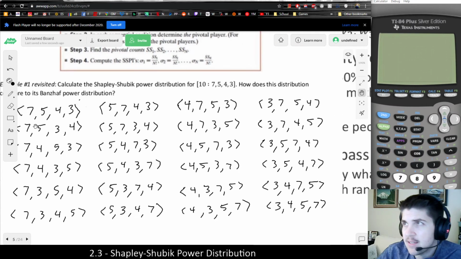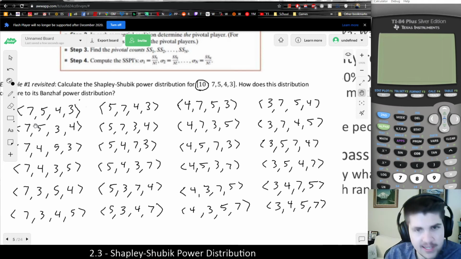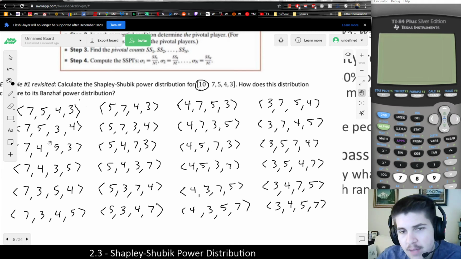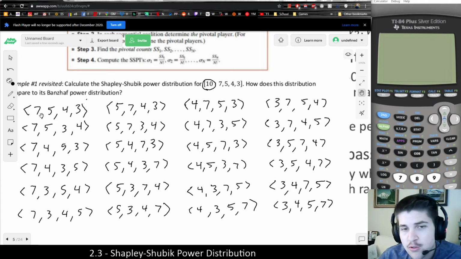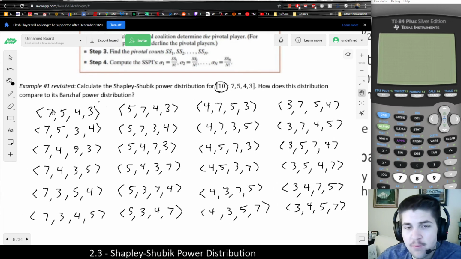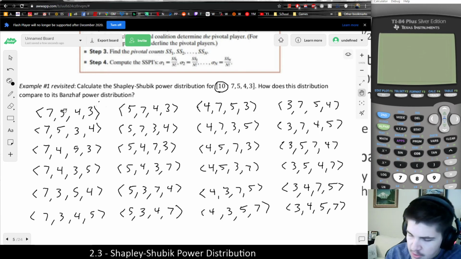Since this is going to depend on the quota, just like it did with the Banzhaf power distribution, we want to know, at which point will the motion pass? That person is considered pivotal to that sequence. Thinking about the first sequence in order, if player 1 says yes first, they're not going to pass the motion, so they're not the pivotal player. Once player 2 says yes, that would be a total of 12 votes for yes, because we're accumulating as we go from left to right. The second player would have enough votes to pass the motion, so we would say that the second player is pivotal to this sequence,